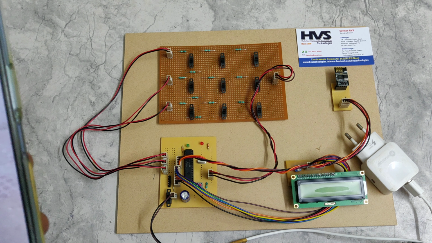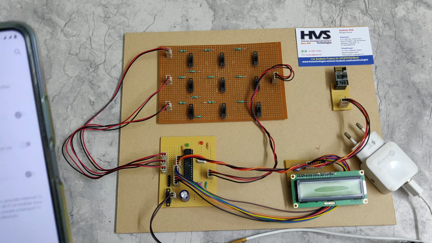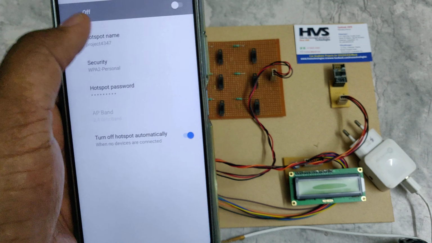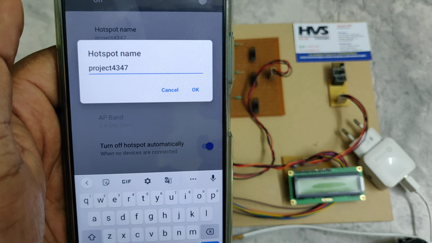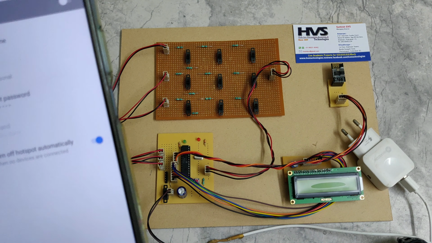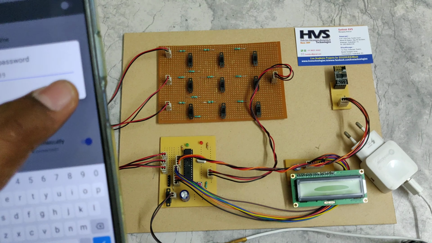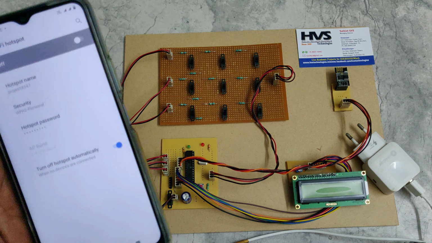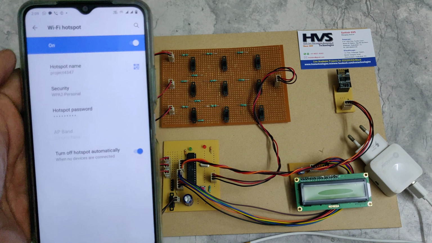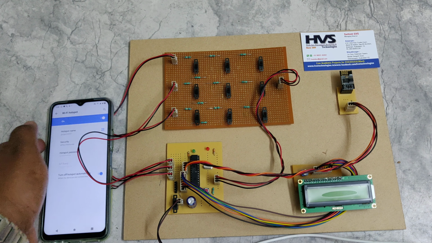After installing these two applications from the Play Store, enable the hotspot with the name project4347, without any space and no capital letters, and keep the password as 12345678. After this, enable the hotspot, no need of data, and then switch on the power supply to the project.